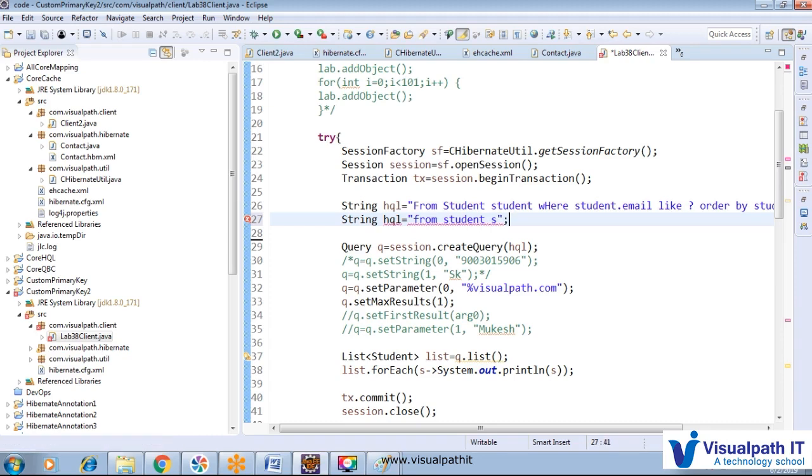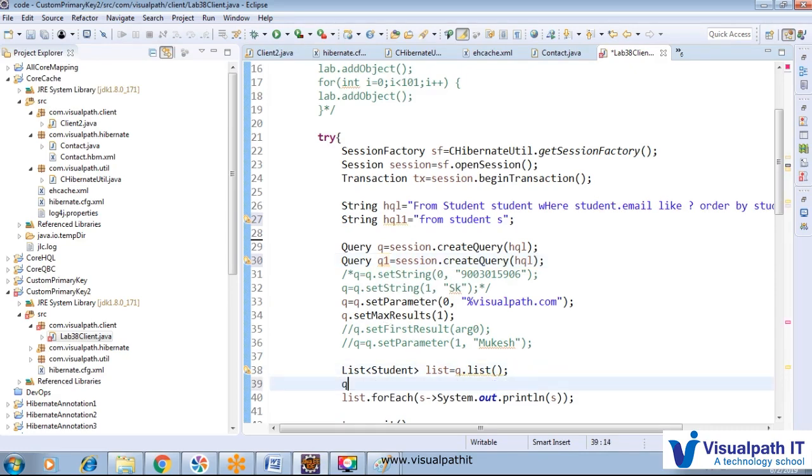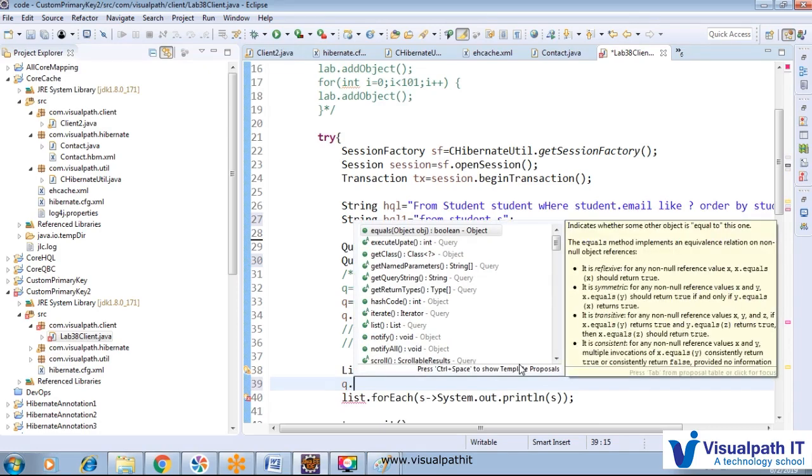So we want to fetch all the students, and we will fetch like that. Query q1 equals session dot create query, and through that q1 we would like to call q1 dot list.